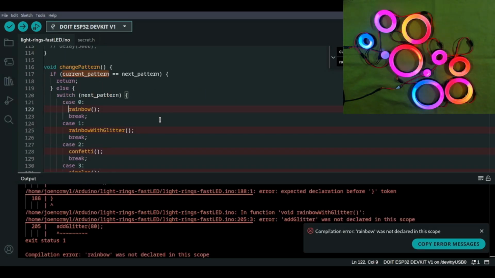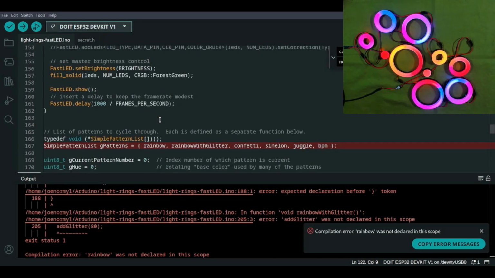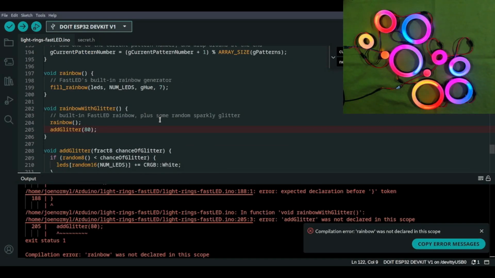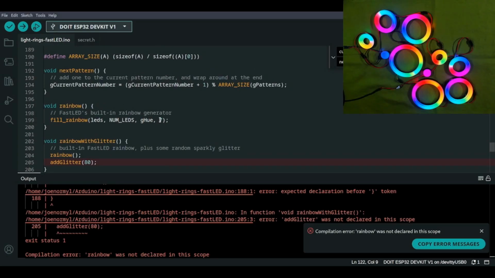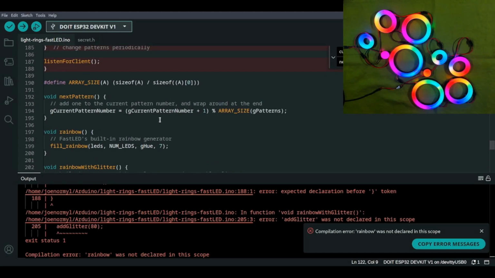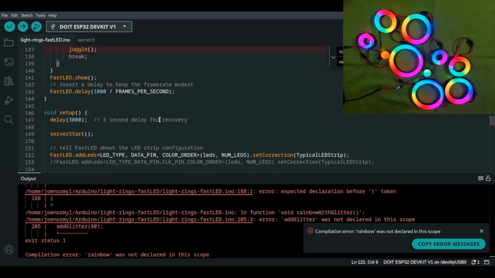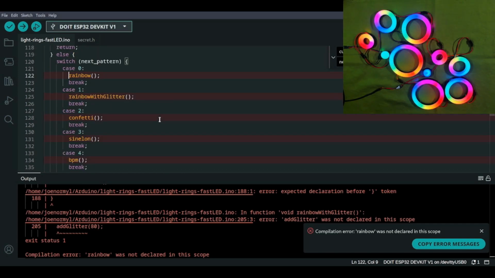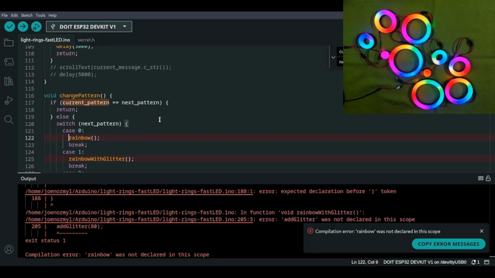Rainbow was not declared in this scope. Okay. Maybe you need to take a moment because we haven't even gotten the first thing to work yet. So, deep breath. We'll get there. This is a brand new technology for us.